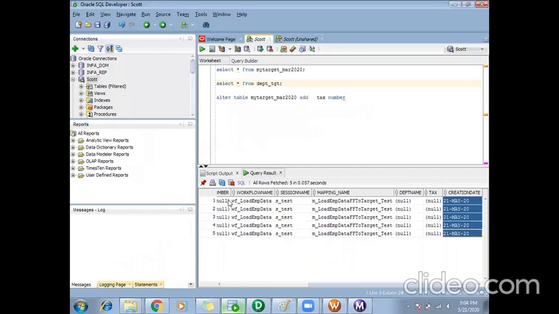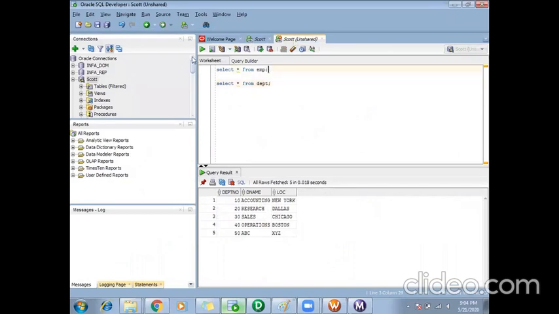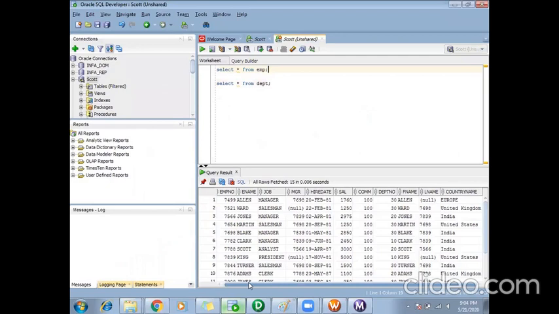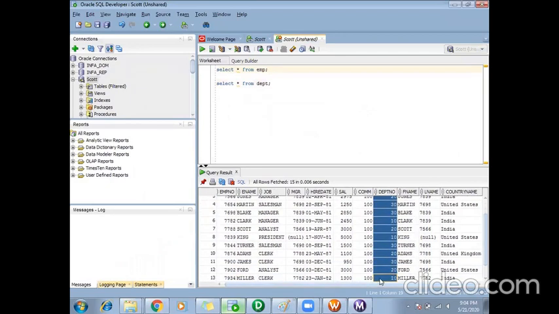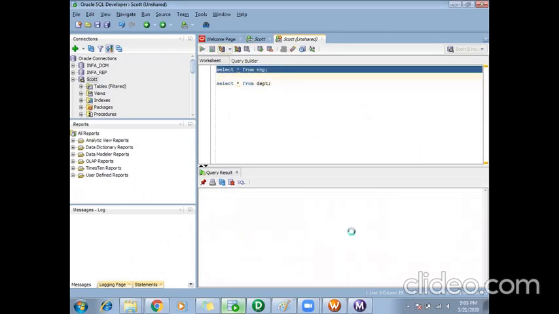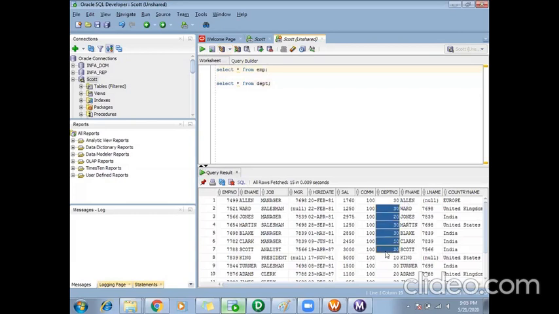So we'll take one scenario where I can make use of a maplet. I have my employee table, which has employee data, and in addition it has a department number to which the employee belongs, and the department details are there in my department table, right? The department name and location. So my employee table doesn't have the department name, it has only the department number.